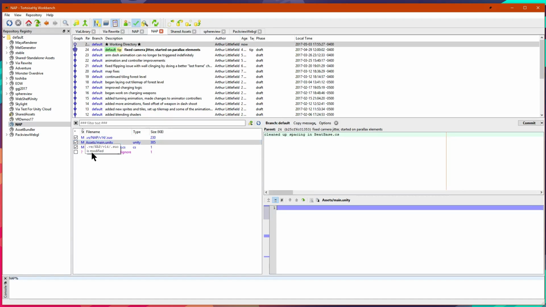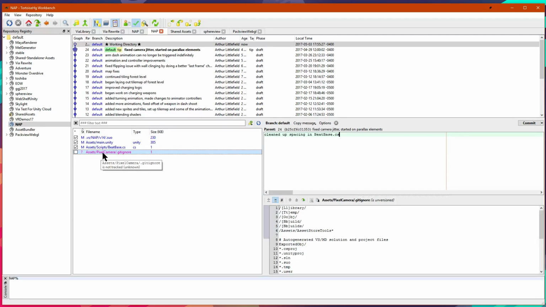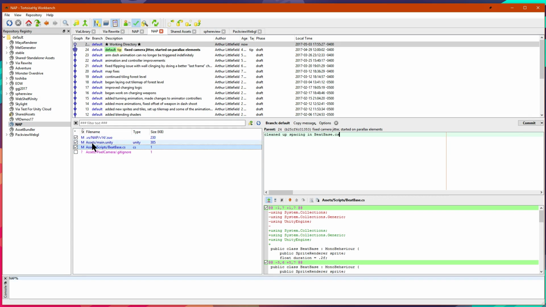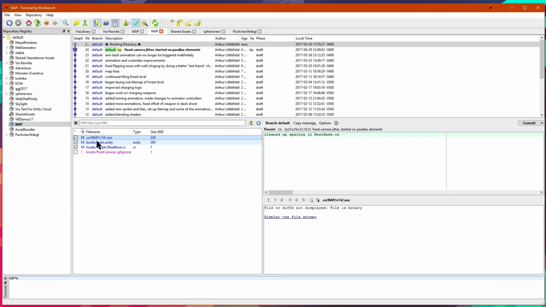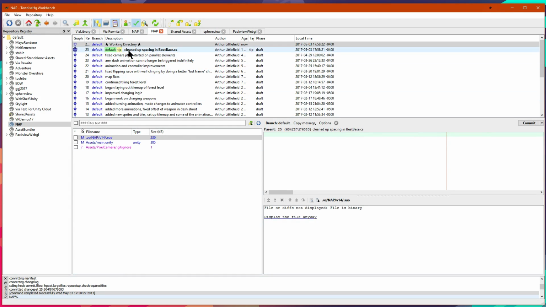Currently, it's only showing me the files that have changed, and it's showing me untracked files, which this is the only untracked file in the project, and it's just a file that I don't care about creating a snapshot of, because it's not important. So, for instance, I'm not really sure what these scene changes are. I can't preview them right now for some reason, and maybe I'm not convinced that that's something that actually needs to be committed. So I'll just uncheck those, and I will commit just this spacing change. So I'll hit commit,